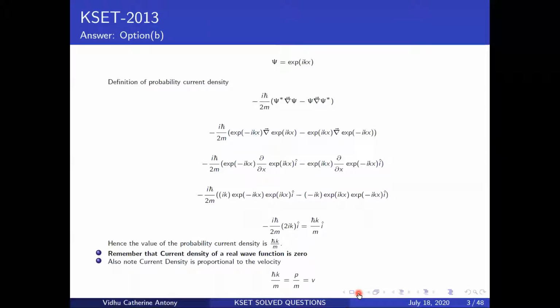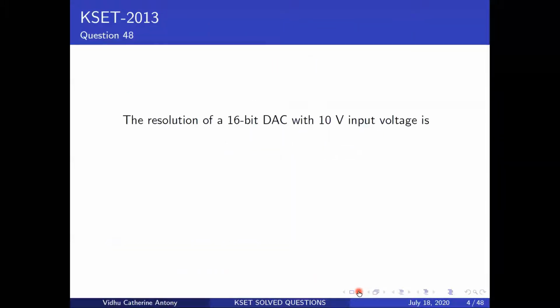Okay, so now I will move on to this. What I've decided is as we go along, I will probably elaborate on DAC a little more. DAC is basically digital to analog converter. But for now, just remember this formula, okay? So resolution can basically be expressed in terms of two quantities. You can express it as a percentage, or you can express it in terms of voltage, based on the input voltage that is given to you.